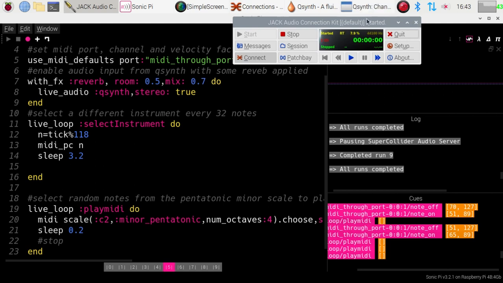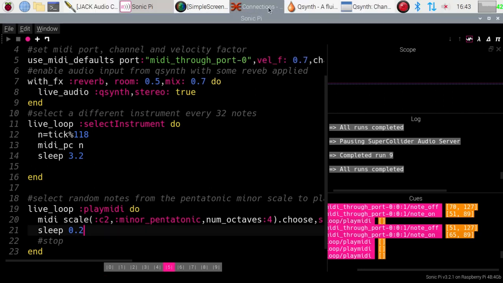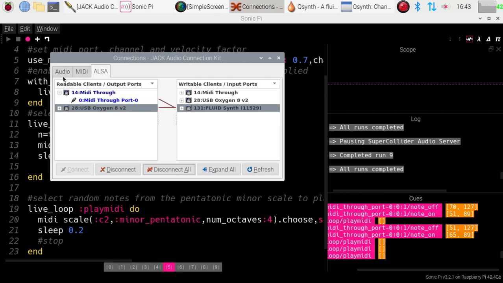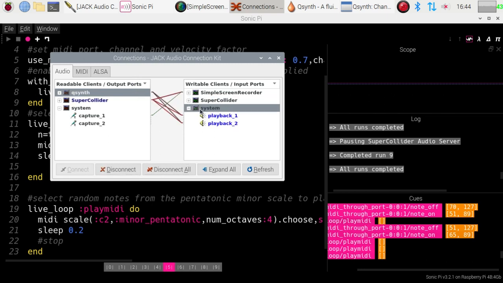And then once you've done that, don't forget that as well as setting up the connection for the audio side of it, which we do here, and in fact you don't need to have Qsynth playing through SuperCollider. In fact, just to show that, let me just disconnect Qsynth from SuperCollider like that, and I'm going to connect it as it will set itself up by default simply to play on the system. And